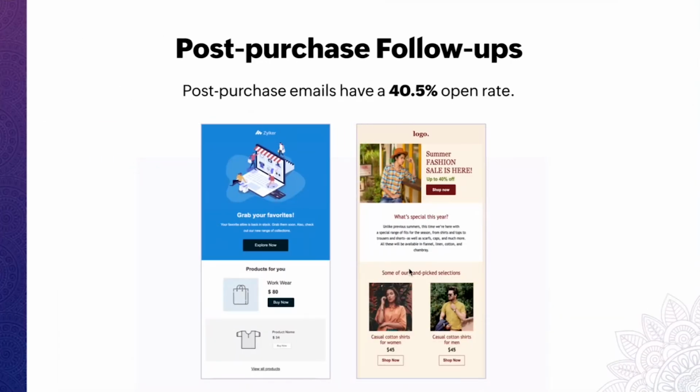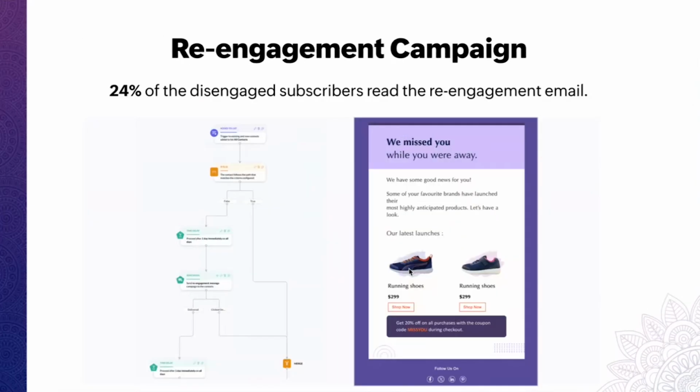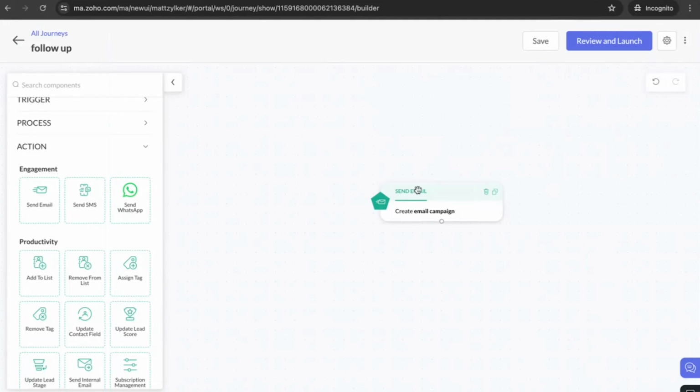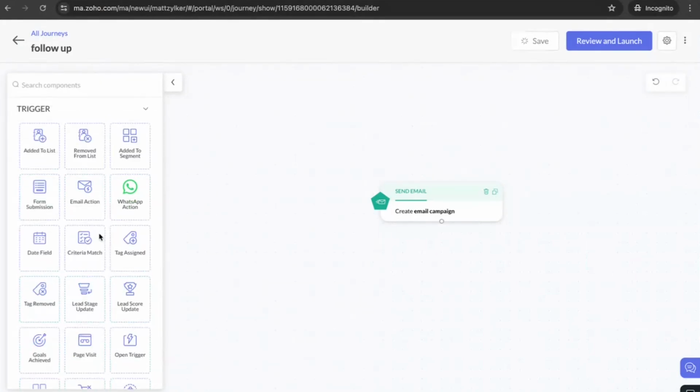Then comes a re-engagement campaign. So this is basically to drive back customers into your business, the customers who haven't engaged with you for some time now, or who haven't bought something from your store yet, and you want to drive these customers back to your business. So how do you do that? Do you have a dedicated component for that as well? So we have this